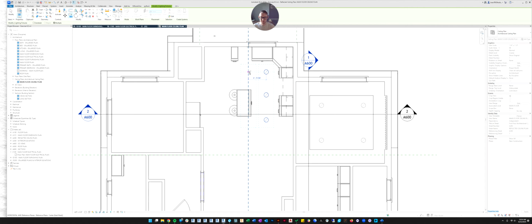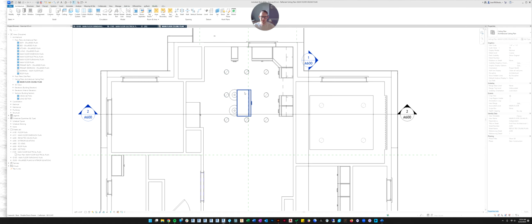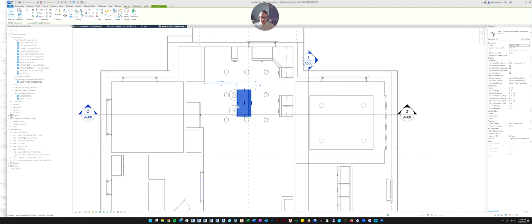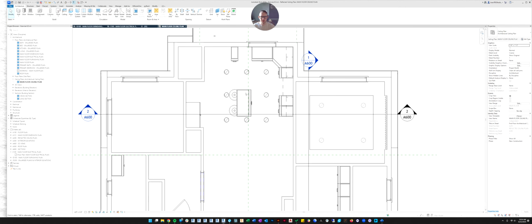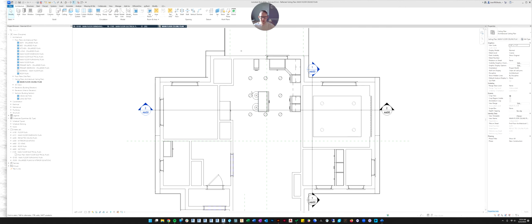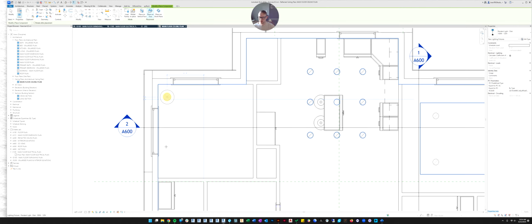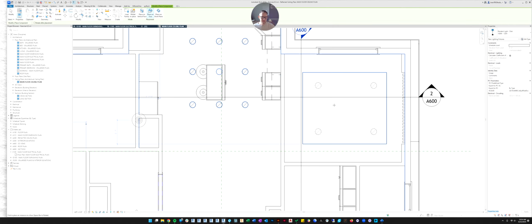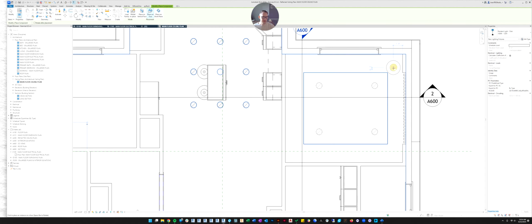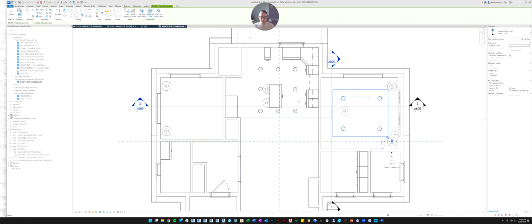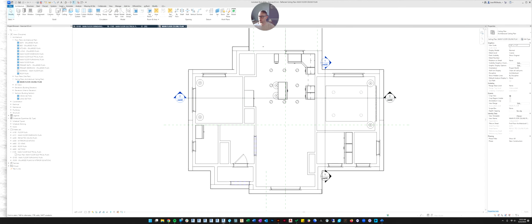So let's copy these over. And you can see, because the cabinets are visible, it's hiding the one we placed in the ceiling over the cabinet. So there we got our grid. And let's create similar. We'll place our lights here and here. And because we can't see exactly where the bed is, we're just guessing for now. All right, then let's do our trick with the annotate and the detail line.